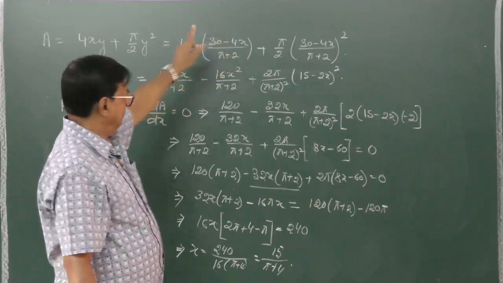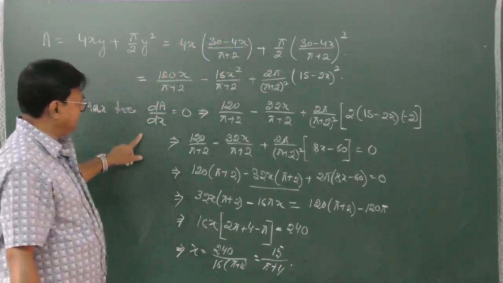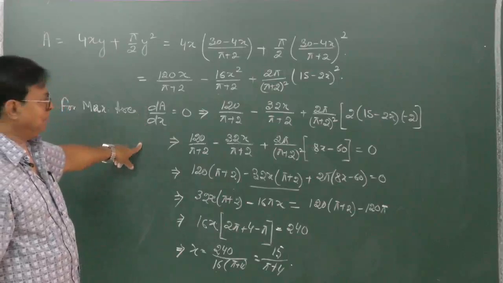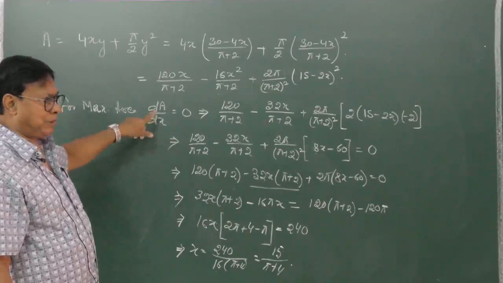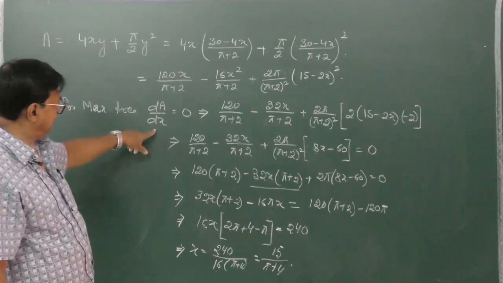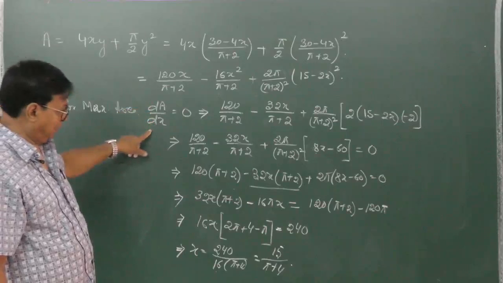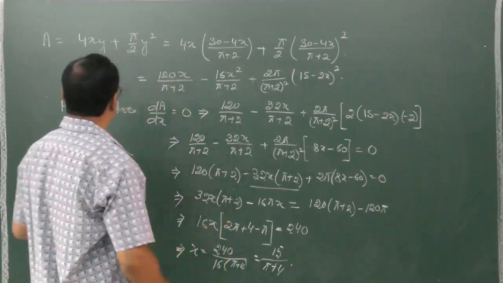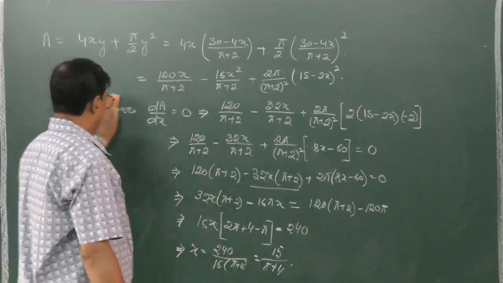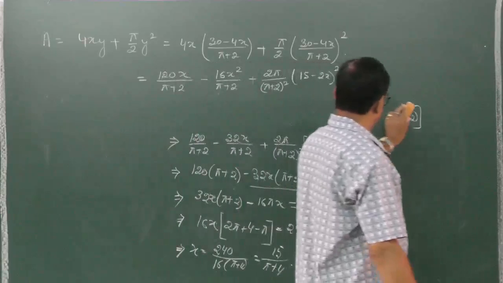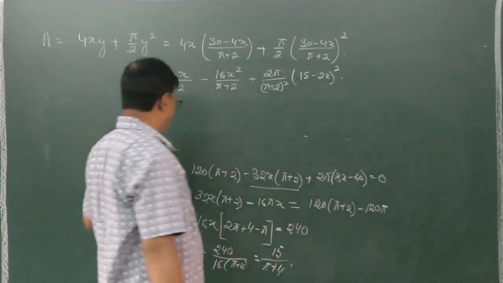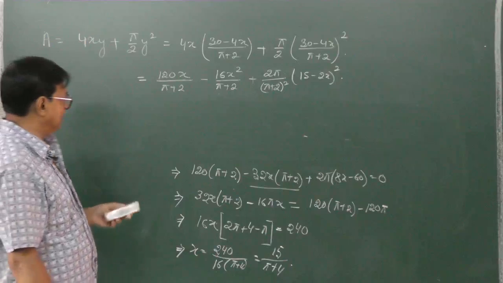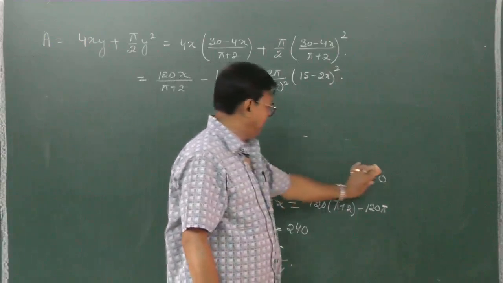Differentiating A with respect to x, because we have to find the maximum value. So the necessary condition is dA by dx has to be 0. So I equated that to 0. We got x is this. What is left further? That d2A by dx2 should be negative. Then only the area will be maximum. So to find d2A by dx2,